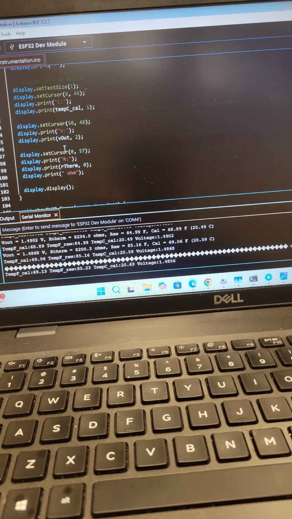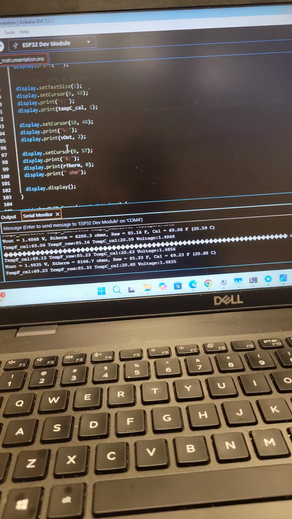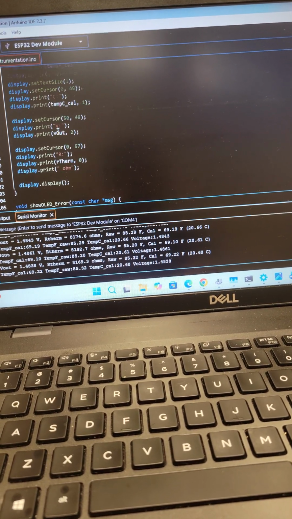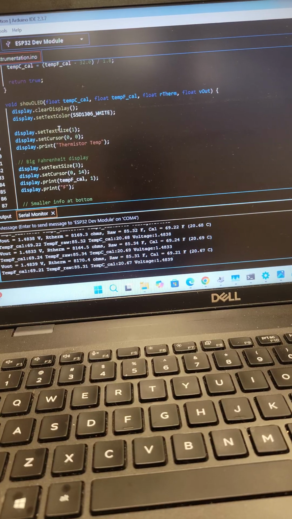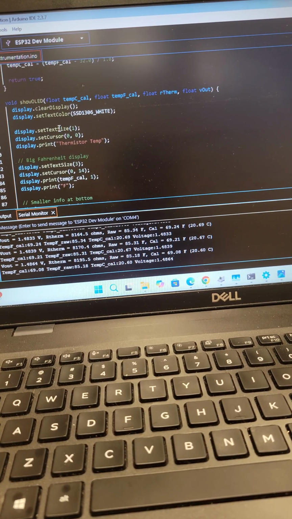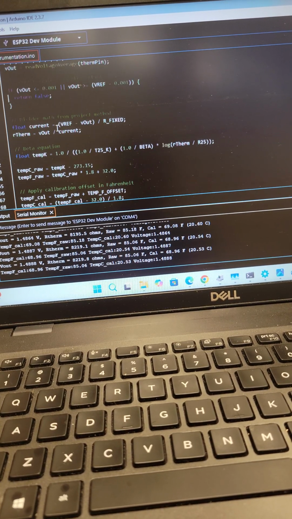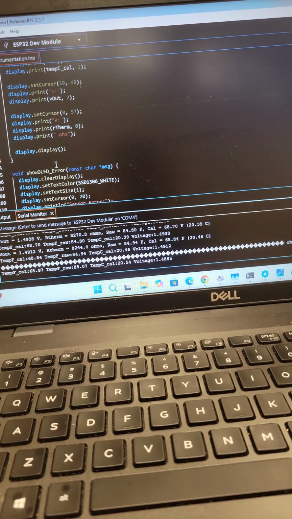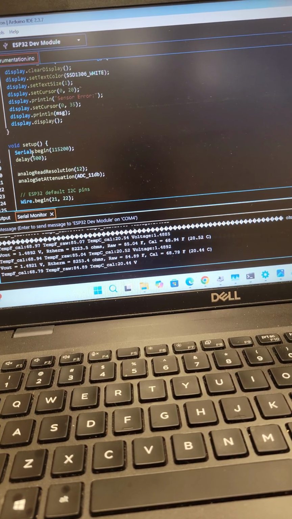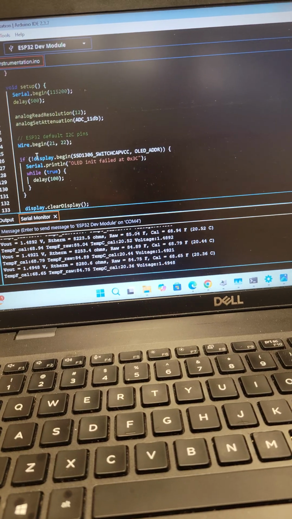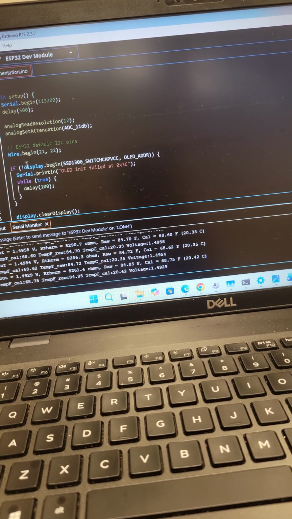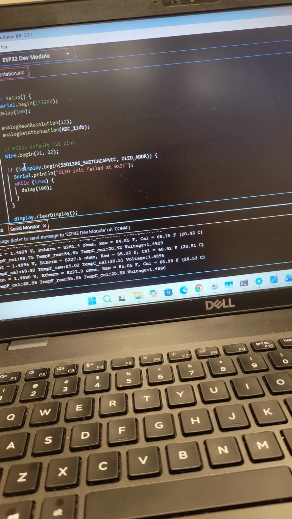And then we have a setup function, void setup, right here. The serial communication, analog to